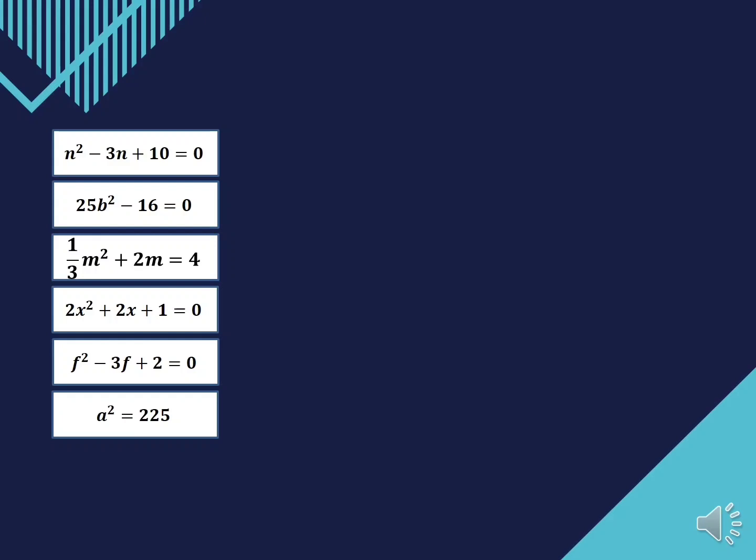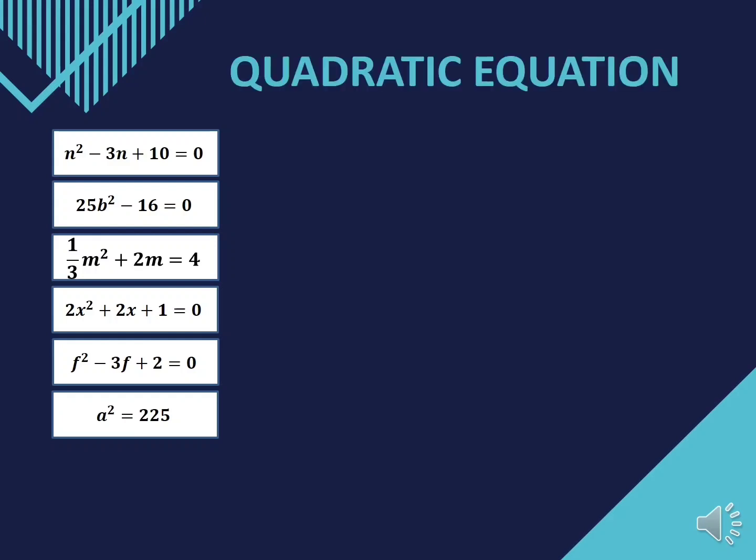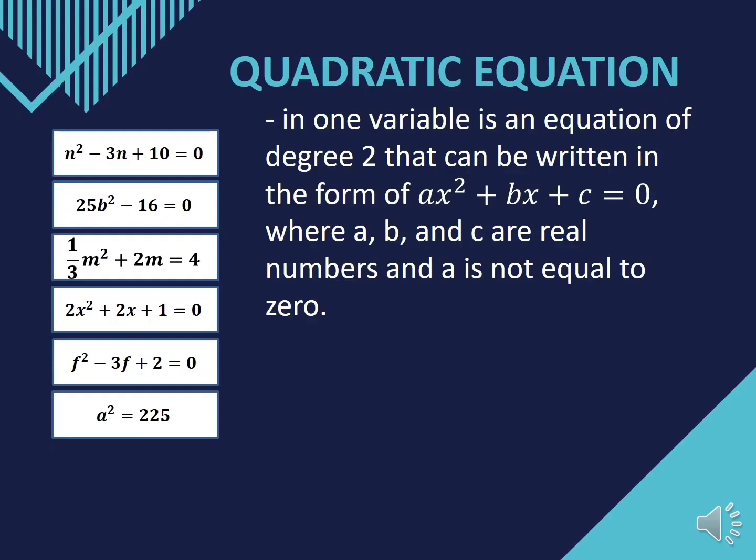So these equations are what we called quadratic equation. Quadratic equation in one variable is an equation of degree 2 that can be written in the form of ax squared plus bx plus c is equal to 0, where a, b, and c are real numbers and a is not equal to 0. So here in the standard form, ax squared plus bx plus c is equal to 0,